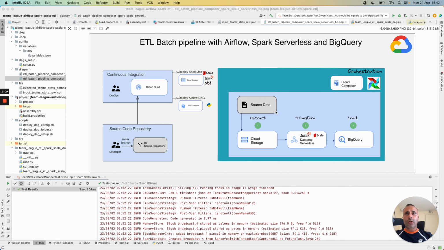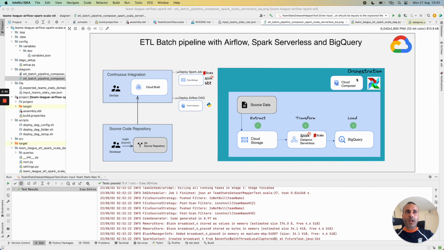I also showed previously some video series with ETL batch pipeline, one with Cloud Run, a second example with Dataflow, and today I replace Dataflow and Cloud Run by Dataproc serverless. And in this schema, at the right side, we have the orchestration tool. It's handled and managed by Apache Airflow here.